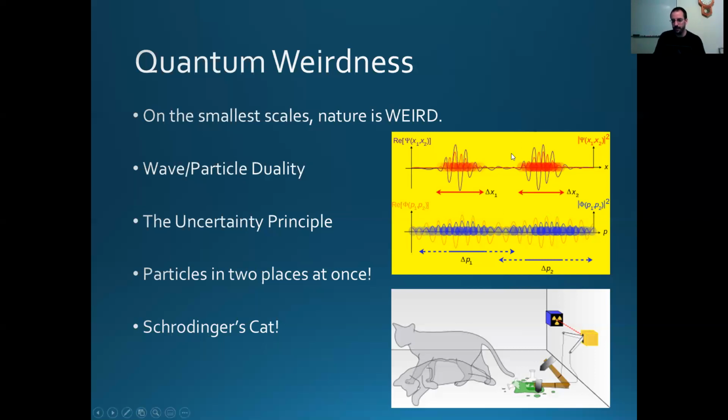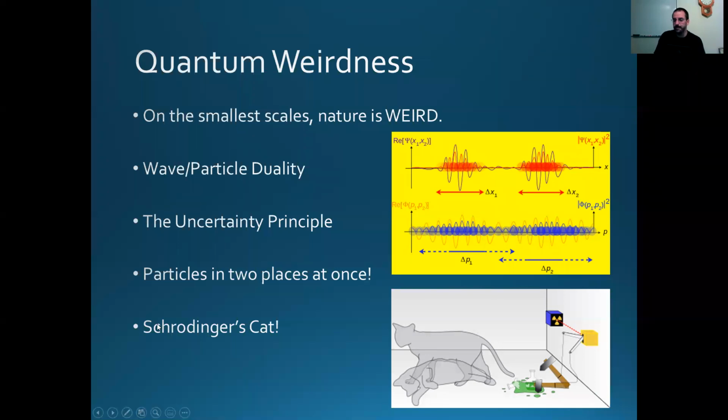We can represent these wave functions with sines and cosines. The probability of finding a particle at a given location is proportional to the wave function squared. There's math that describes how these wave functions propagate through space and how they evolve with time if they're left to their own devices. But the very act of observing that causes it to collapse. So if this wave function spreads out, we can have particles in two places at the same time. We can have particles interfering with themselves.